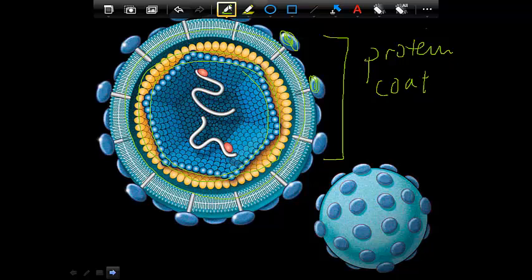And then here on the inside, in the middle, right here, is the DNA or the RNA. We call that the nucleic acid. So as you can see, they're very simple structures that don't really have a lot of the parts that cells have. For example, those ribosomes and mitochondria and chlorophyll and all of those. They are just made of proteins, DNA or RNA, and sometimes some lipids.